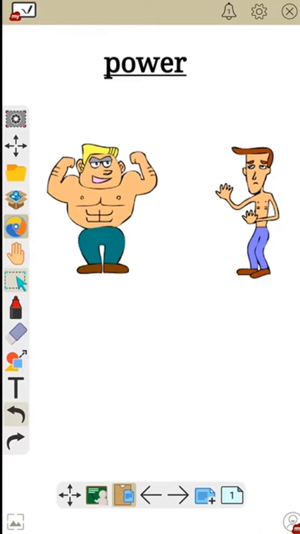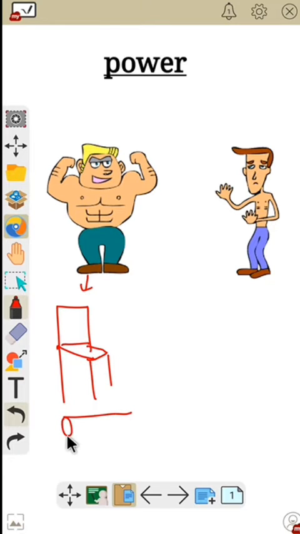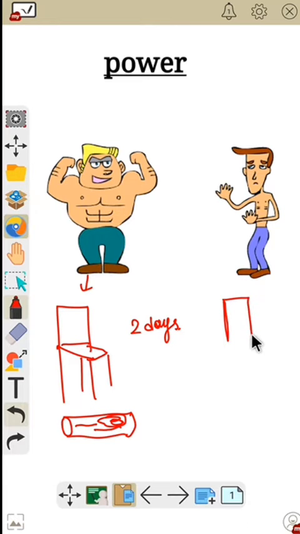Now to understand, let's take an example. Suppose here is a person. This person can make a chair from some given wood blocks within 2 days. But if you give the same type of work to that person, so he can make the same